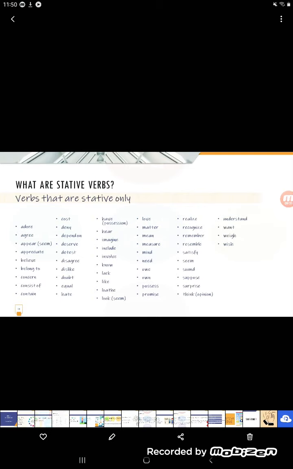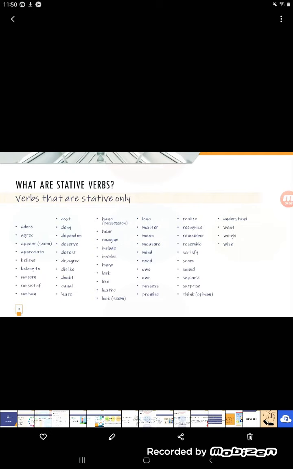Love, matter, mean, measure, mind, need, owe, own, possess, promise, realize, recognize, remember, resemble, satisfy, seem, sound, suppose, surprise,